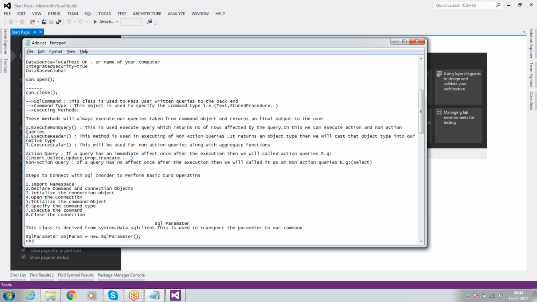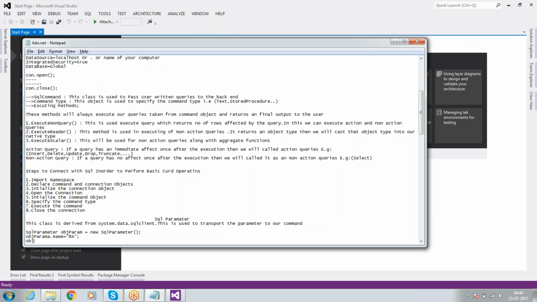Here you can pass values for this object: objParam.ParameterName. You can give any name for your parameter. Suppose I want to give @a, and objParam.Value equal to, so we have a value, so generally I'm going to get this value from txtName,